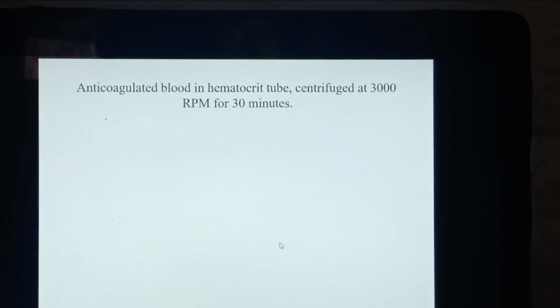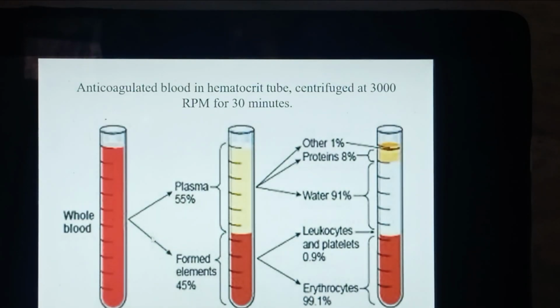So when we add anticoagulant to the blood and collect that blood in a hematocrit tube and centrifuge it at 3000 rpm for 30 minutes, we can see the results. So this is the whole blood in the first test tube. Now anticoagulant is added to this blood and this tube is called a hematocrit tube. Now it is placed in a centrifuge machine and the machine is run at a speed of 3000 revolutions per